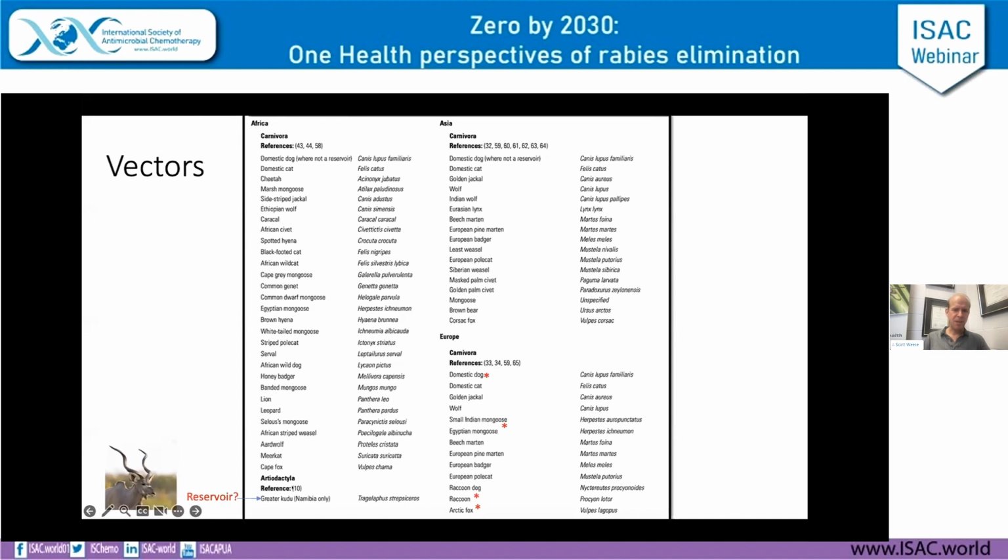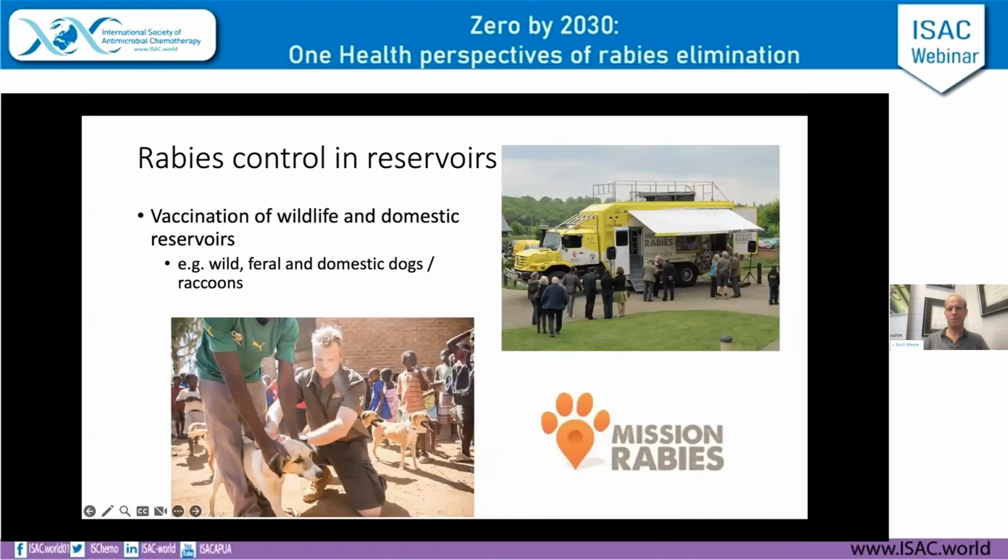One that's interesting, I just mentioned in Africa, the greater kudu, which is the animal pictured on the bottom left there. So this is an aerodactyl. It's a really unusual species to be considered a potential reservoir, but there is some evidence that it might be, which would be quite strange considering it's a very different species, very different encounters, but it has been shown to be a vector, and maybe it's one of these species that could be a less understood reservoir.